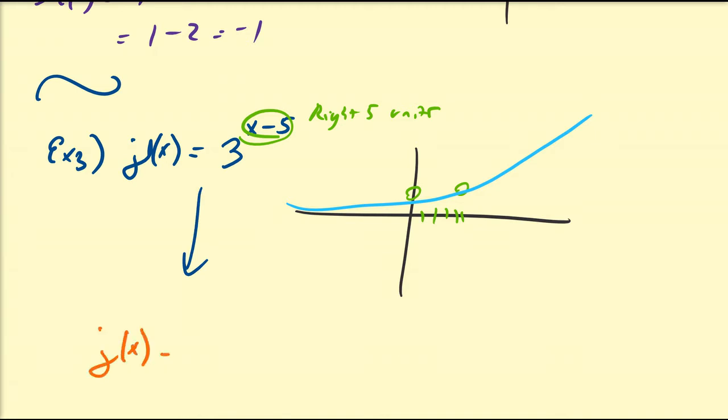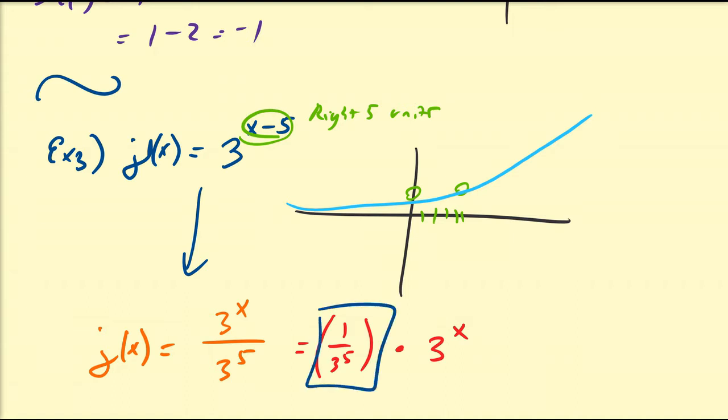So I'm going to rewrite this as 3 to the power of x divided by 3 to the power of 5 using our properties of exponents, which is just another way of writing 1 divided by 3 to the power of 5 times 3 to the power of x. So horizontal transformations to exponential functions actually can just be rewritten